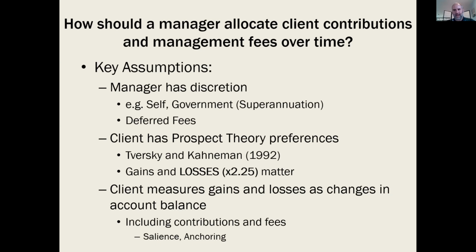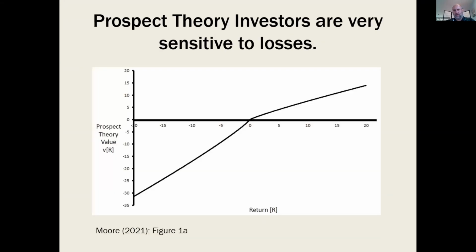What you're going to look at is the account balance. And we know from various behavioral papers that you're likely to be anchored to the previous balance. So you're likely to have in your mind an expectation of, did this account go up or down since the last time I looked at it? So I want to show you something that maybe a lot of you are familiar with, the prospect theory